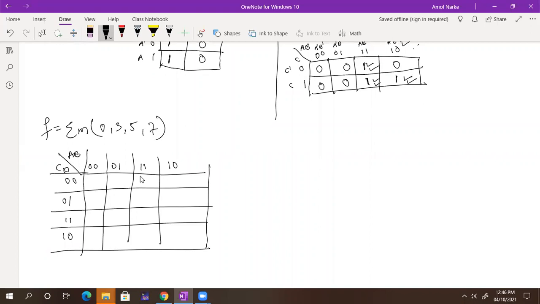Now tell me, where is M naught? What is that? A complement, B complement. What is next? We have taken only 3 variables. Okay, take 4 variables. For 3 variables, how many combinations do we have? 8 only. For 4 variables we have 16. So I just add some more terms for understanding purpose. What we have is 0, 3, 5, 7. You can add 10, 11, 12, 13, anything. It doesn't matter. So you need to find out what is 0, what is 3, what is 6, what is 7, what is 10, what is 11, what is 12, what is 13.